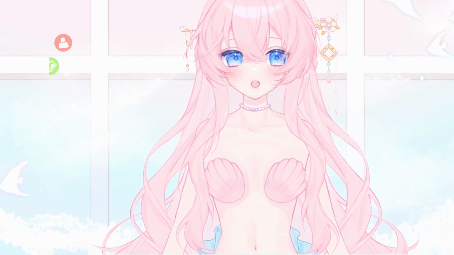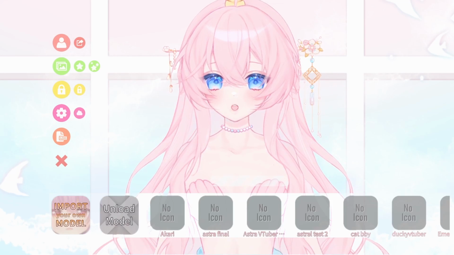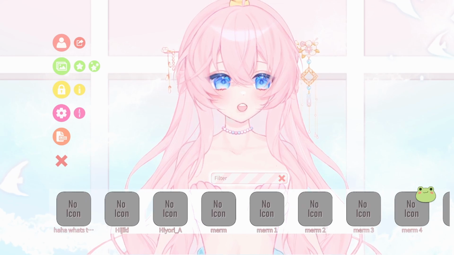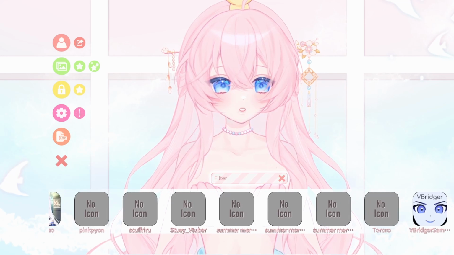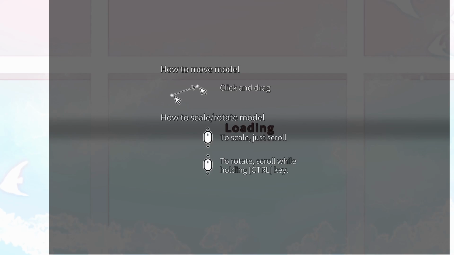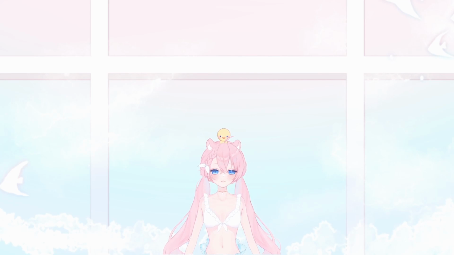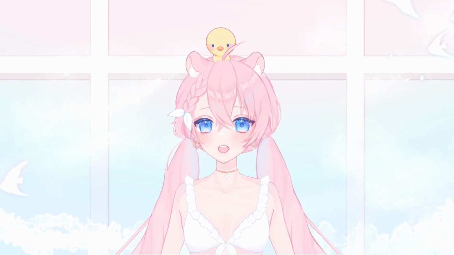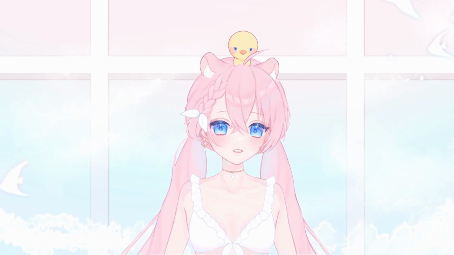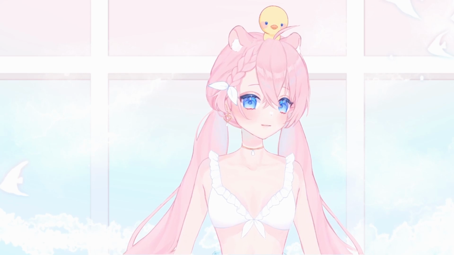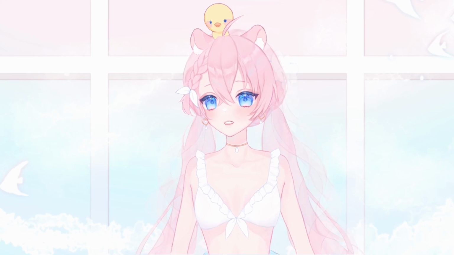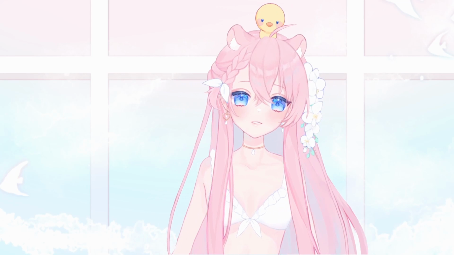So this is my usual model, but if I were to switch models, I also have my summer version, and I would load it in like this, and this is where my summer version model is. As you can see, it has a different default stage. This is an older model, and I have another outfit on with different accessories, and then this one comes with its own toggles, like so.